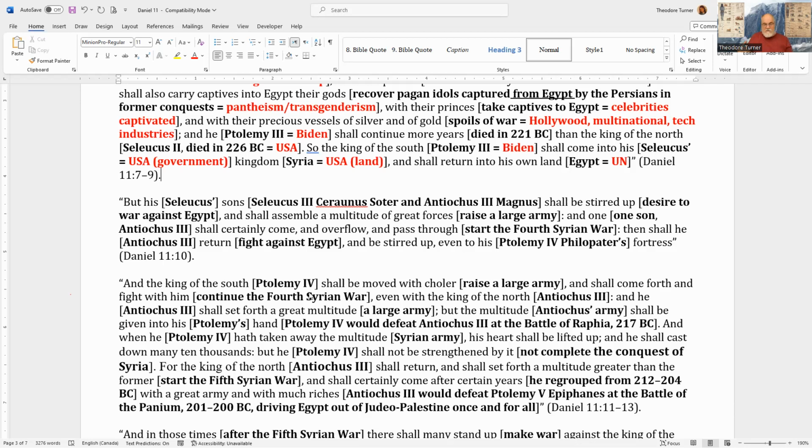Now, one of the things in Jeff's articles, for those who've read them, because he's talking about these things that are happening with the election, what he thinks is going to happen with the Sunday law coming right away. He seems to be forgetting what was taught in the past, or he may have rejected what was taught in the past. So if you go back and you say, well, we're going to only accept light that God was leading this movement up to 2012, and after that we have all of this darkness, and that July 18, 2020 was a mistake, though you're still having it on the lines, we're going to be corrected from that.